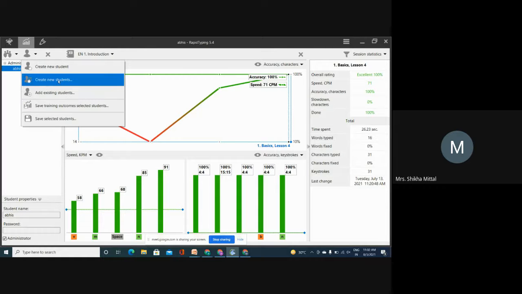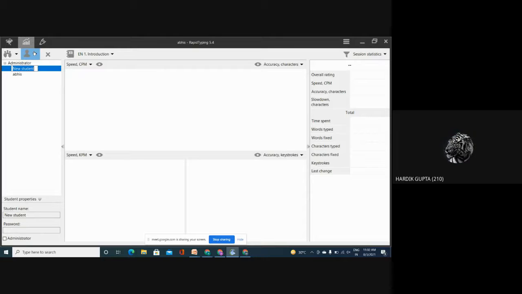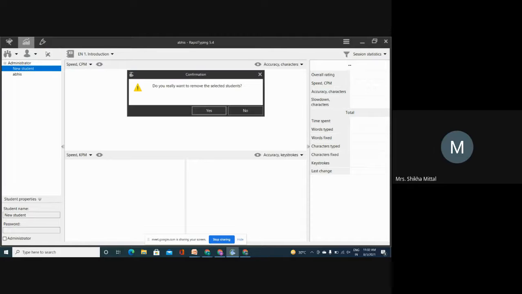So on one software, you can create different accounts for your siblings, brothers, sisters. If you want to create a different account for both of you on one software, you can create your account here. Is that clear? Clear, beta? Yes, ma'am. Okay. Now see next.